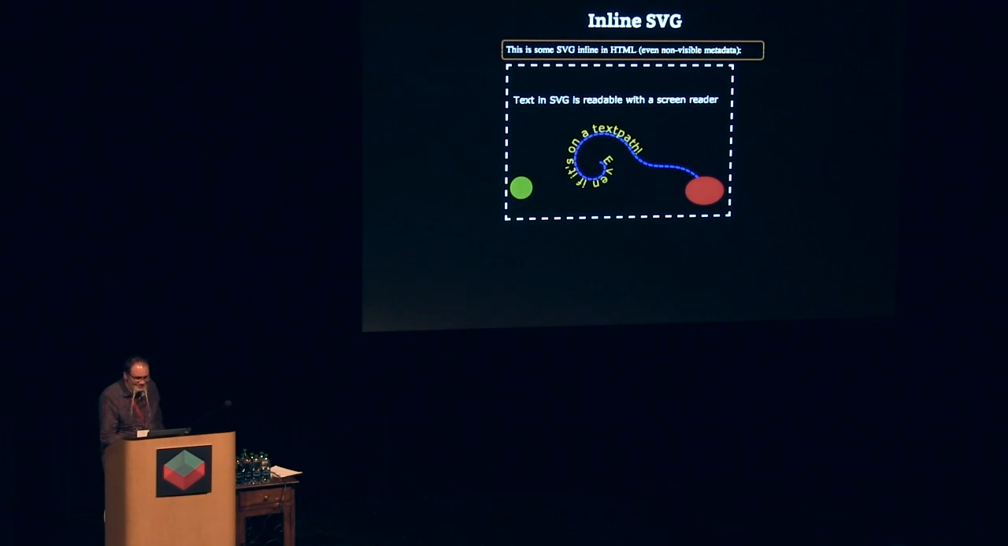This is some SVG inline in HTML, even non-visible metadata. Text in SVG is readable with a screen reader, even if it's on a text path. This is a circle. So,